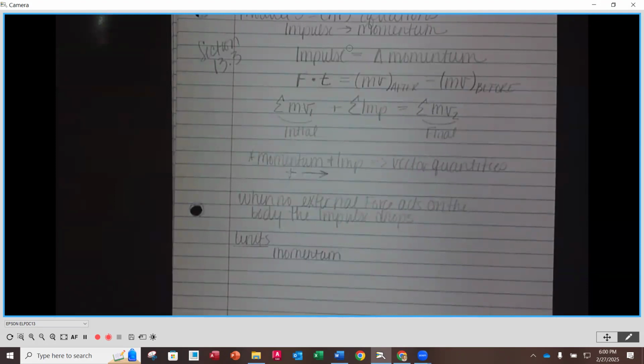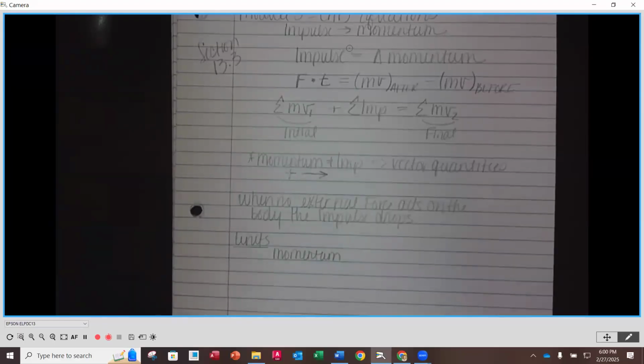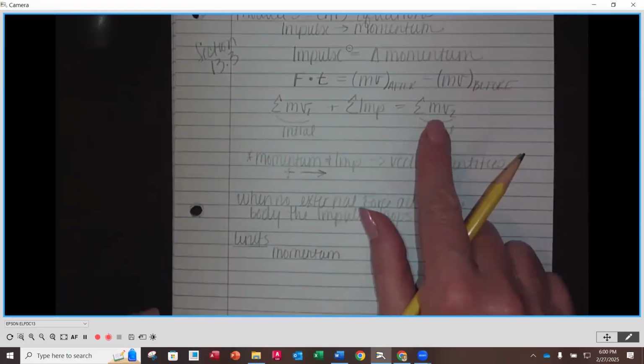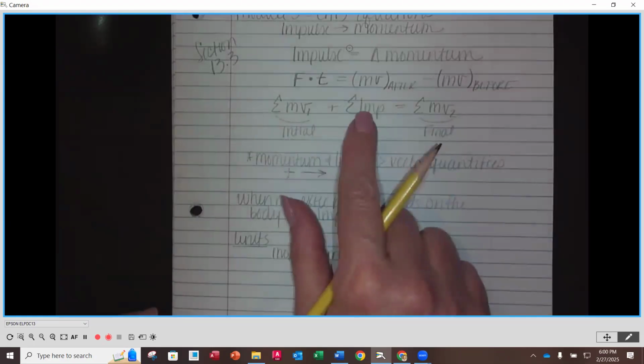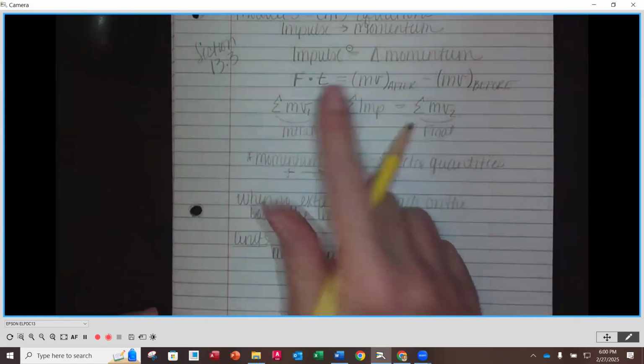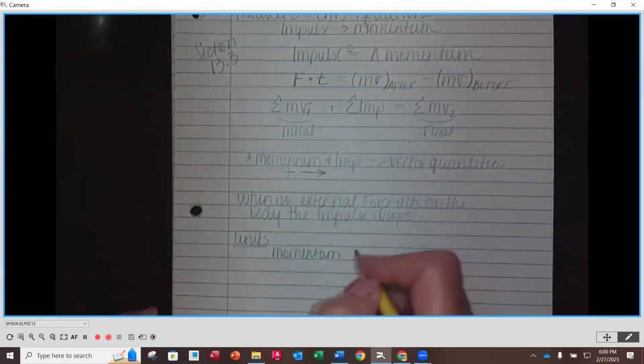And so I usually just write it out, or you may see it in other texts as a capital P, but capital P is typically used for power and things like that. So we're just going to write out momentum or show it as M times V, and then impulse as F times T. Okay. So the units for momentum